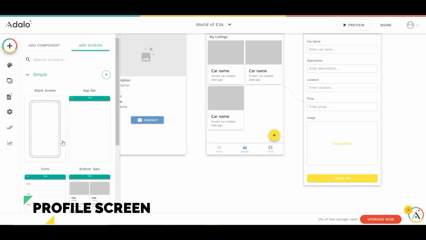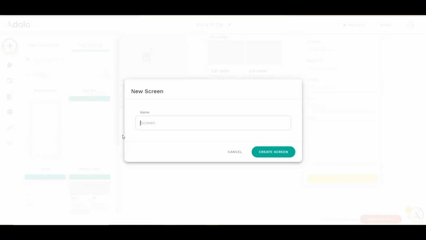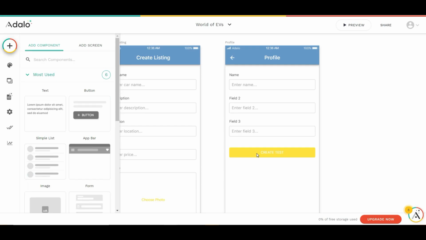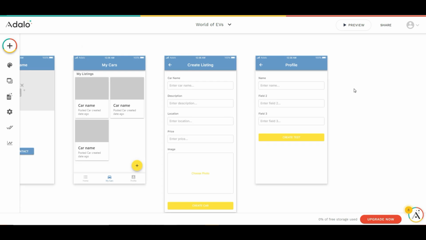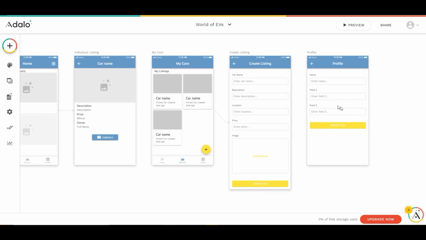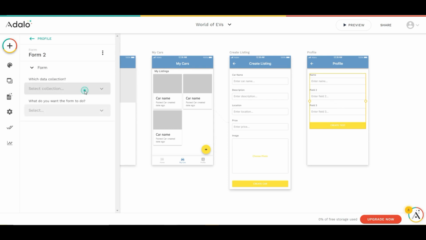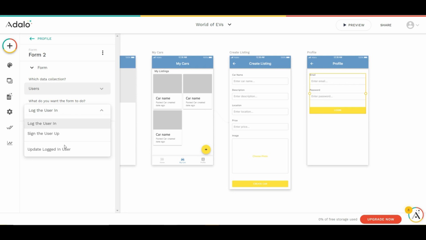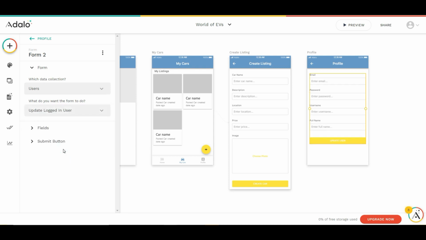In this part, we will create our profile screen. Again, this will be very simple because we are just going to use the form screen to do it. I'll set the form to refer to the user database and make it update the login user. Then, I'll remove the link back function from the submit button since this profile screen will be one of our